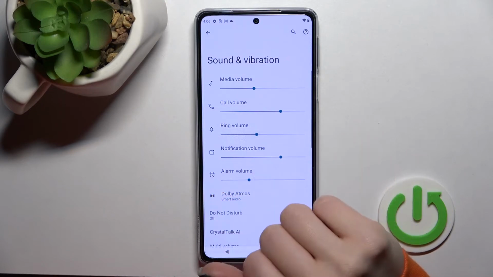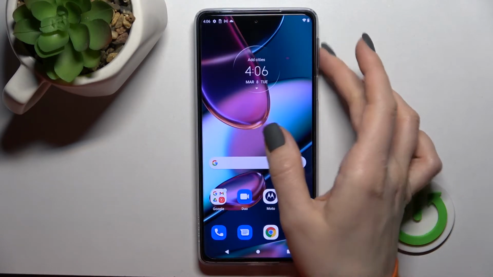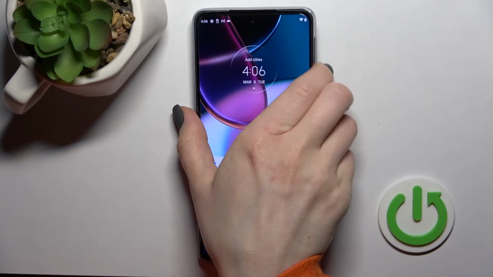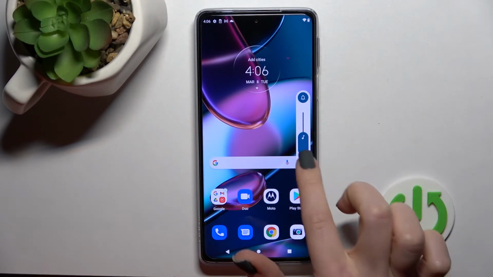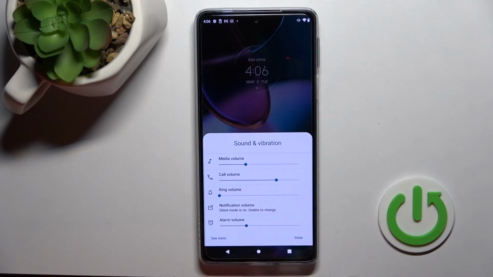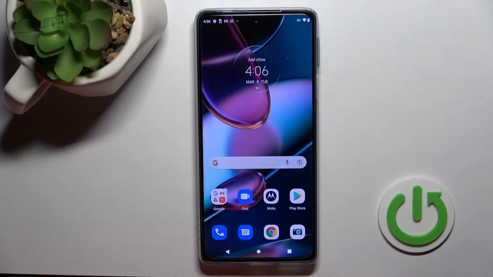And also we got the second way how we can do that. First press your up or down volume button, this doesn't matter, here on the right side of the device, and then click here on these three dots, and in the same way you can swipe this dot to the left side to mute the ringtone volume, and then just click down to save the changes,